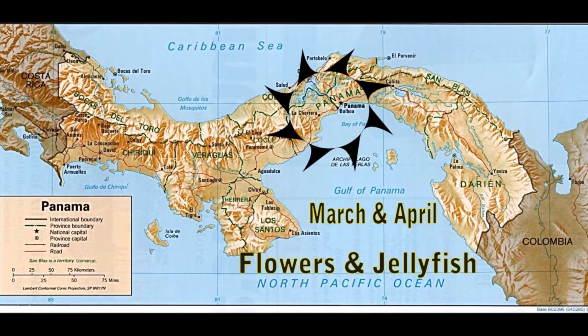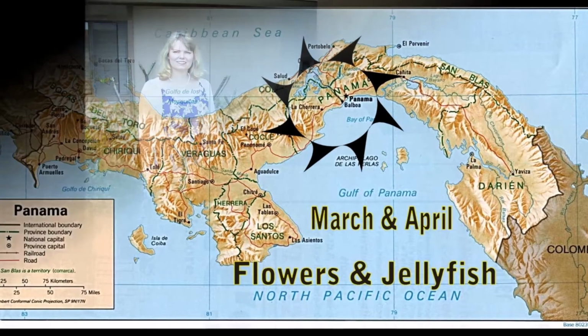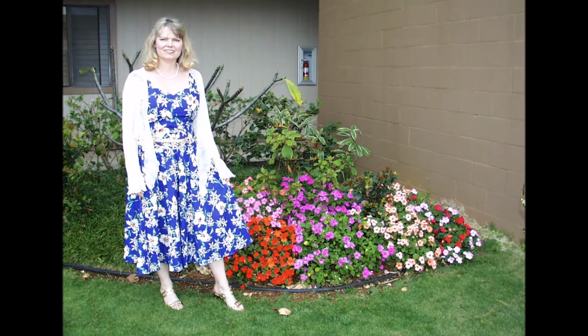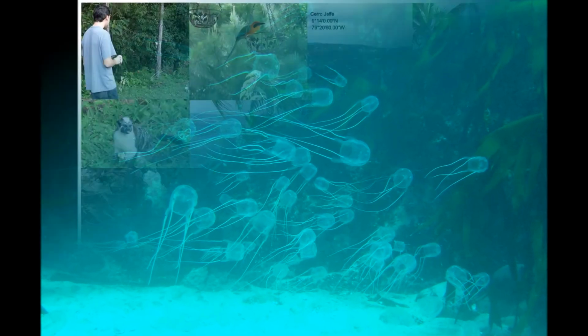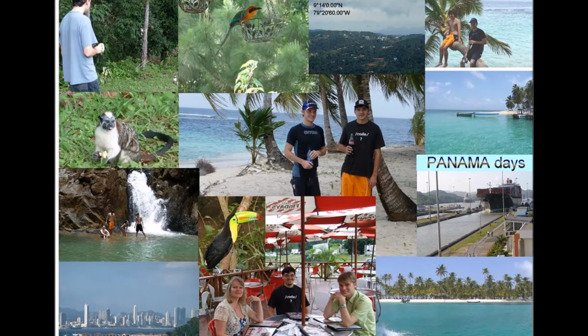Not everything in Panama, this beautiful paradise, is risk-free. There are some dangers. We don't have sharks, but around about January through May, the season for flowers coincides also with the season for jellyfish in the Pacific. The waters get colder and they arrive. And our otherwise very, very enjoyable Panama